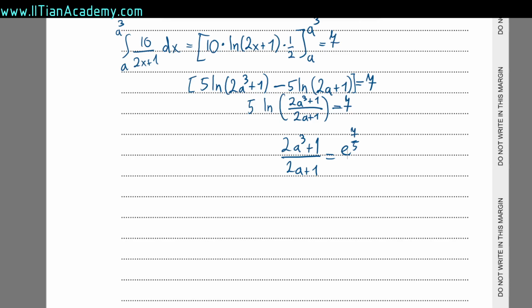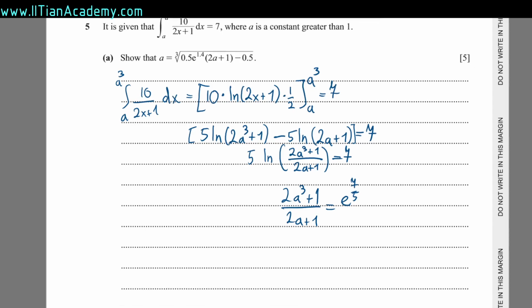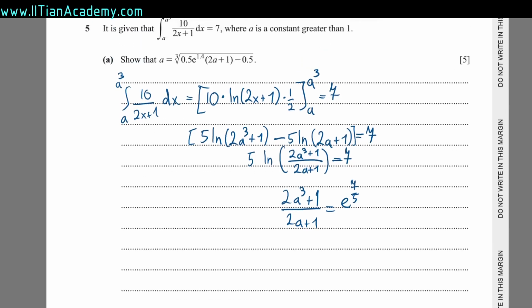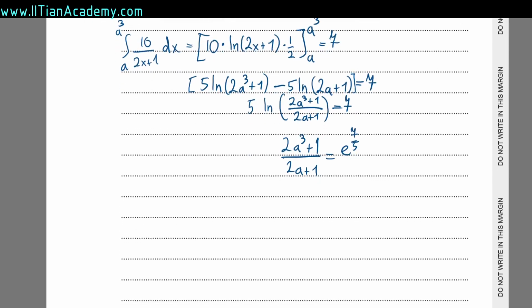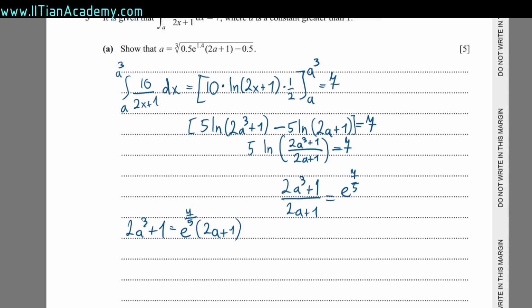And from here, the question wants us to solve for a. And we see that we have a here as well, so that's okay. And it's going to be the cube root. So essentially, we want to solve for this a and then take the cube root. So let's just multiply over with this denominator. So we just get 2a cubed plus 1 is equal to e to the 7 over 5 times 2a plus 1. We can subtract a 1. We can divide by 2. And then,